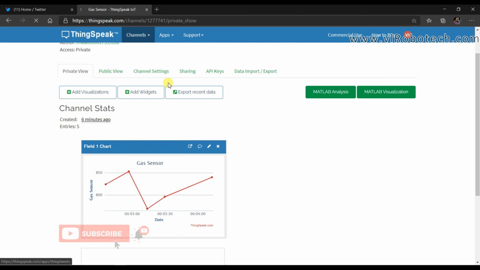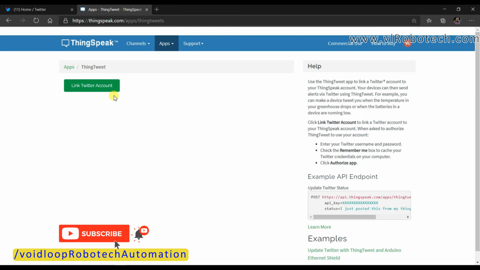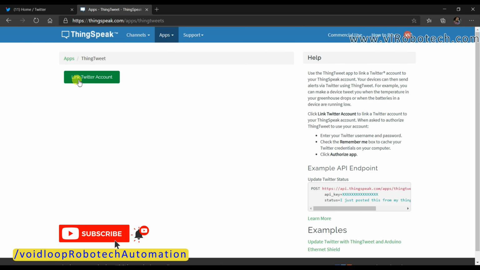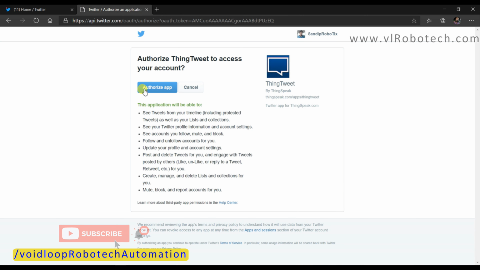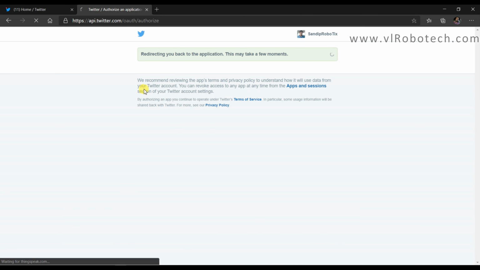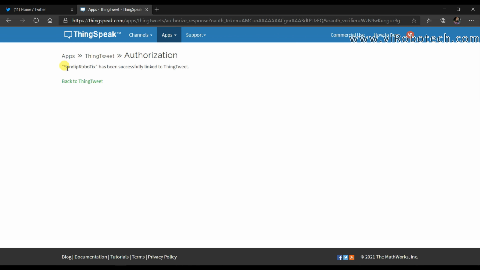ThingTweet and link the Twitter account, authorize the app. Here you can see Sandeep Robotics has been successfully linked to ThingSpeak. Okay, so back to ThingSpeak,